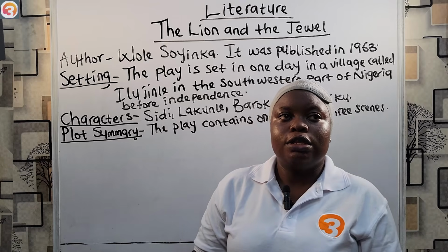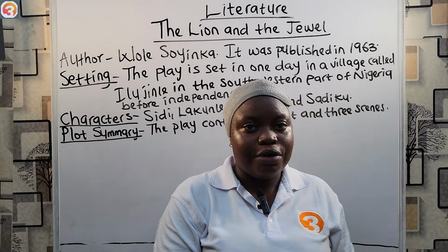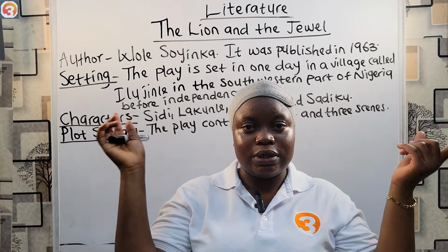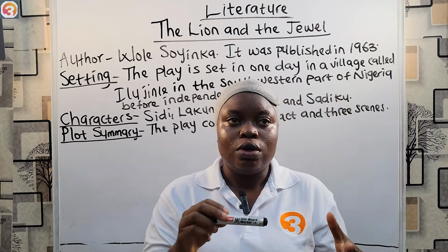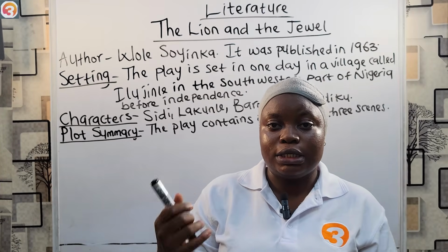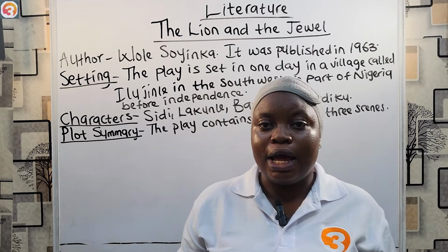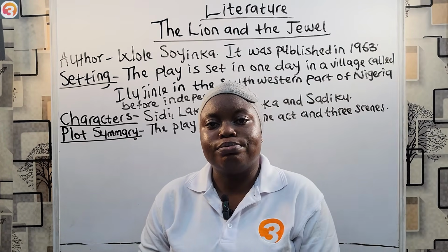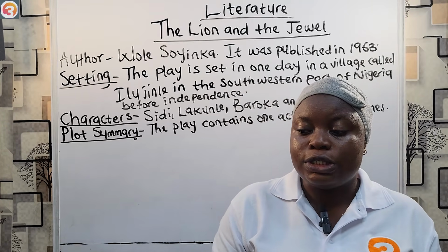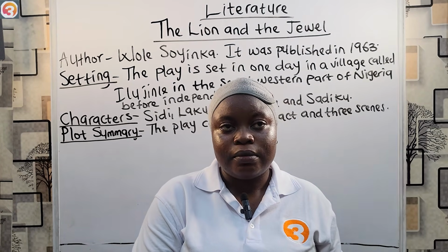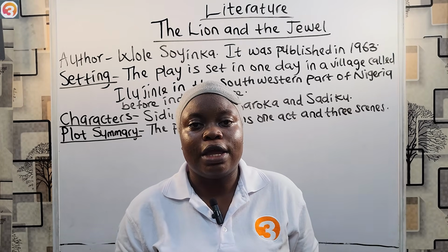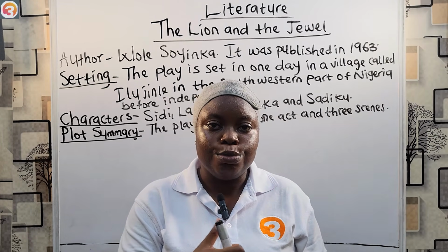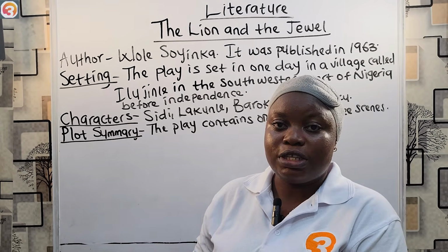In the first scene, the play begins with Lakunle teaching arithmetic to his students, and he notices Sidi approaching with a pail of water on her head. He quickly rushes out to help her, but she refuses, and he forcefully takes the bucket from her head, lecturing her on the disadvantages of carrying loads on the head. He then asks her to marry him, which she agrees to, but insists on payment of her bride price. Now, Lakunle begins to explain reasons why he would not pay the bride price. He's educated. He doesn't think that bride price is a modern thing to do. It's something that should be scrapped.